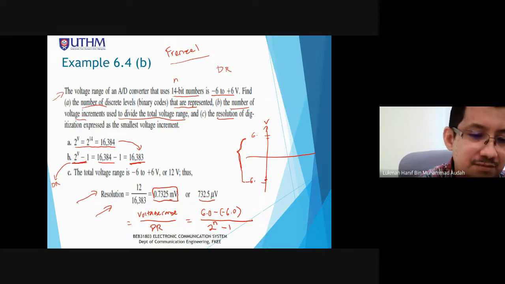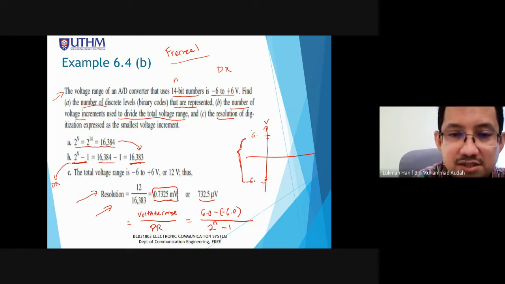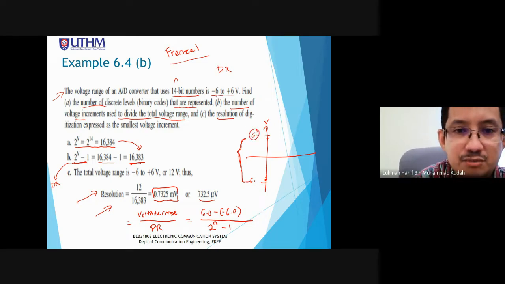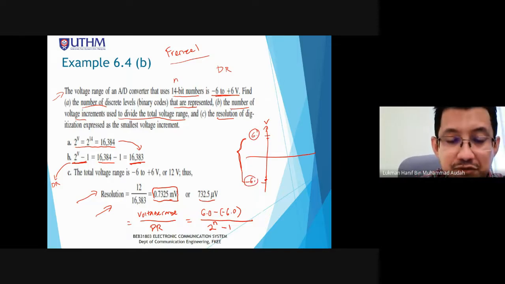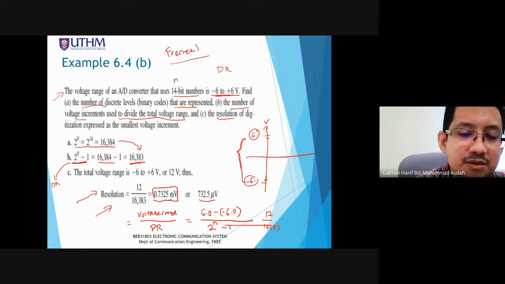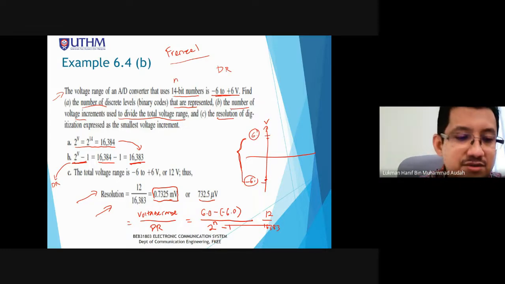Saya padam sikit. So Vmax di sini adalah 6 volt. Sorry, ini 6 bukan 6.5. Vmax adalah 6 volt. Ni saya tulis balik, tadi patutnya 12 dibahagikan dengan 16,383. Okay. So that means this one tadi minus 6, saya tulis balik minus 6 plus